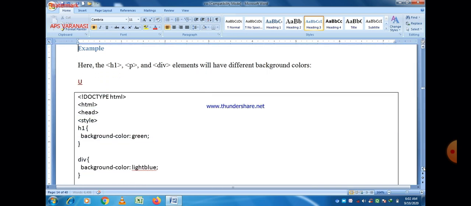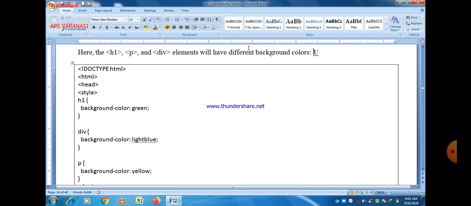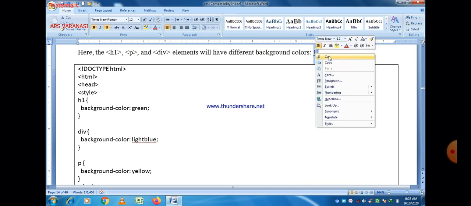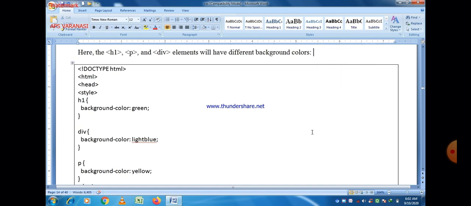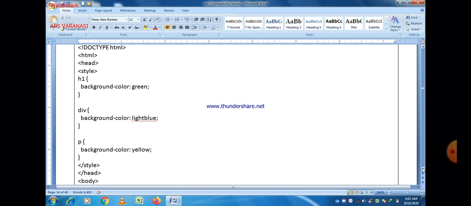There is a program here in which three different tags are used: h1, p and div. Div is basically used for division. Here we want to put a different background color for the heading, paragraph and div. The program always starts with HTML, and before this DOCTYPE html should be there, which represents the type of document is HTML.